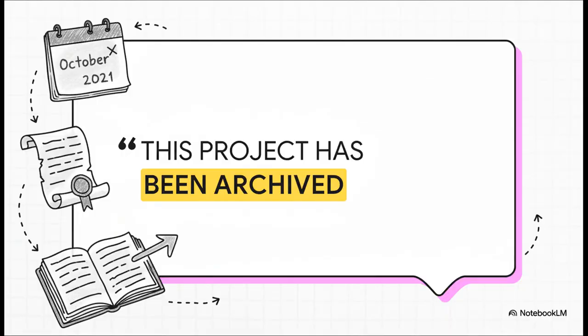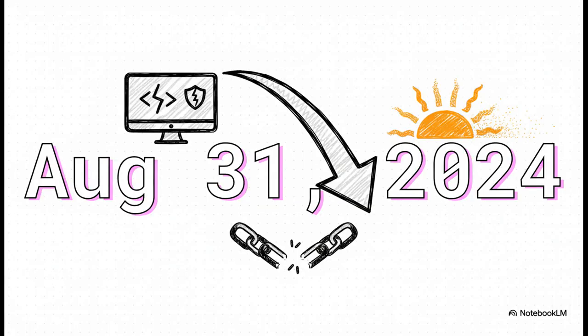The end for the original open-source MonoDevelop project was pretty quiet. In October of 2021, one final message was posted on its development page. Just 5 words. This short, definitive statement meant the community project was officially no longer being maintained. And then, its most famous successor followed it. Microsoft announced that its own Visual Studio for Mac would also be discontinued, with support officially ending on this date, August 31st, 2024. And that marked the final sunset for the entire MonoDevelop lineage.